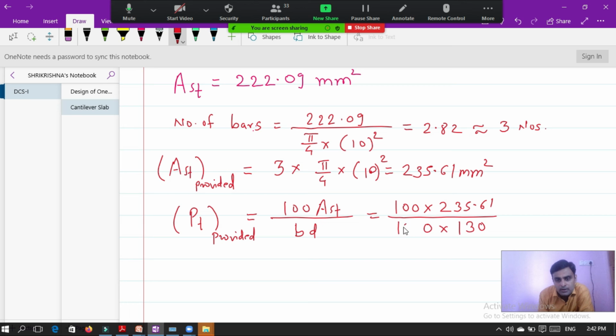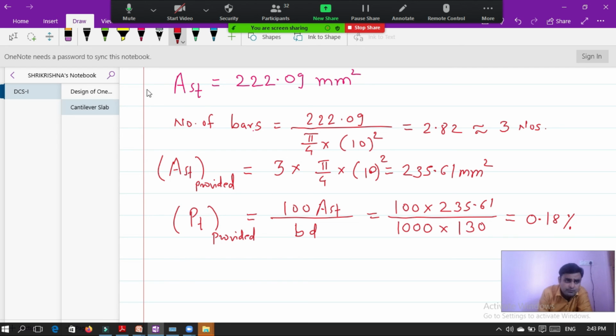So the percentage of steel we get from here is 0.181%. This is the percentage of steel. So our percentage of steel assumed is greater than percentage of steel provided. So the deflection criteria is satisfied. There is no need to check for the deflection.